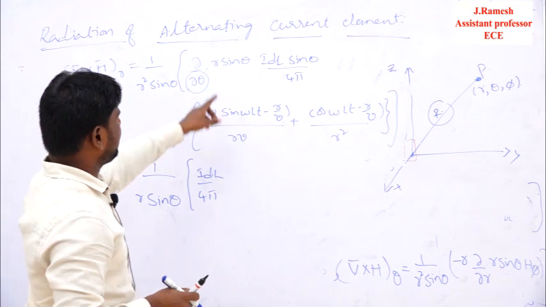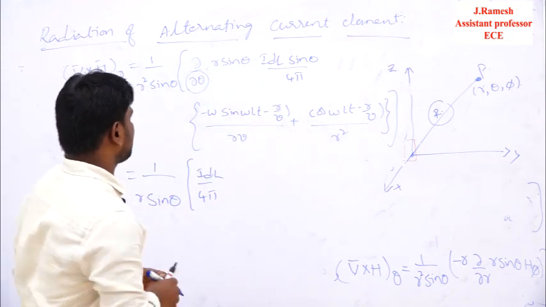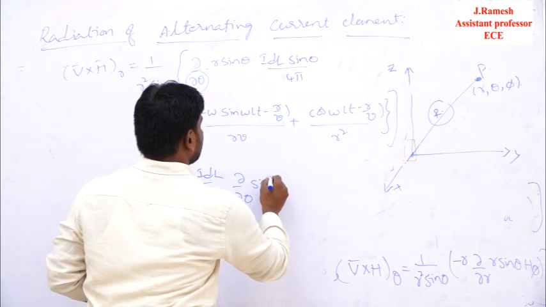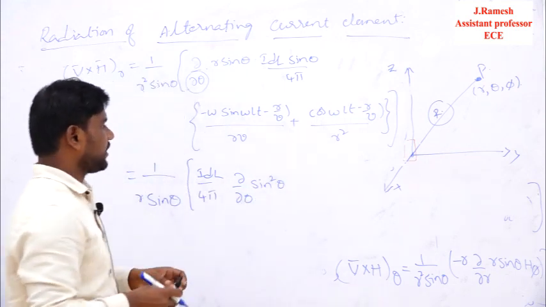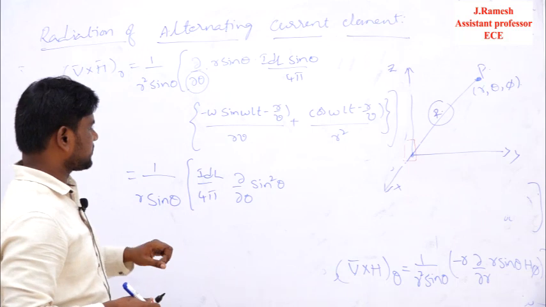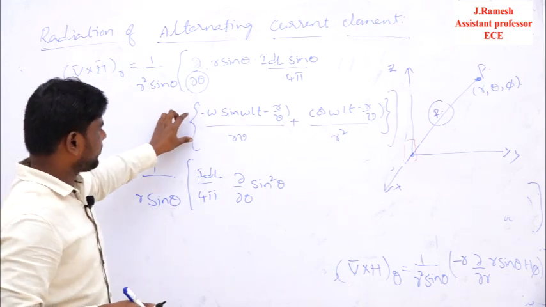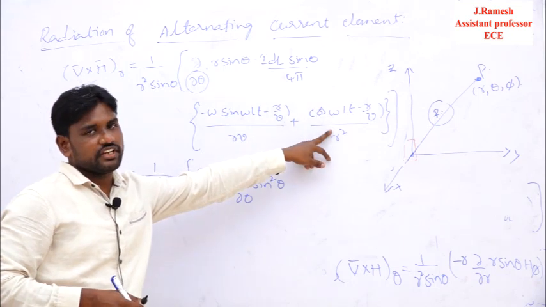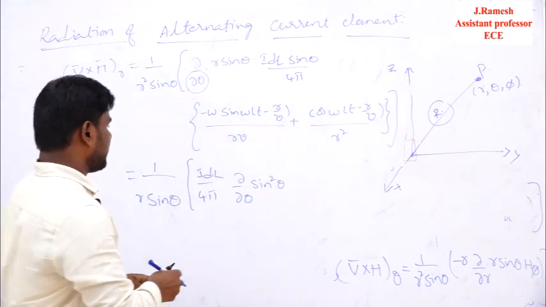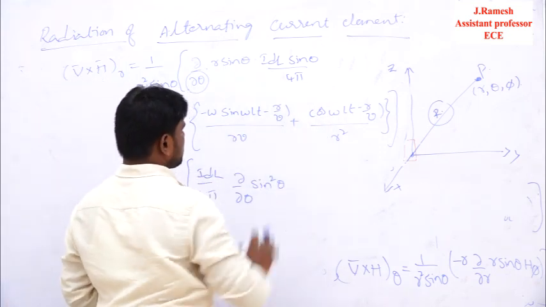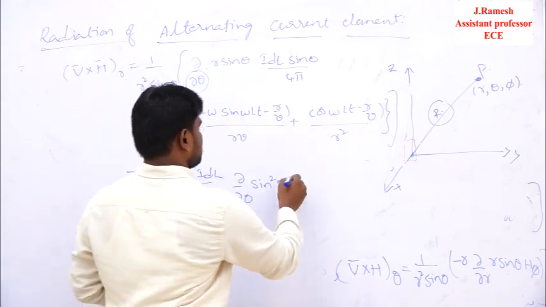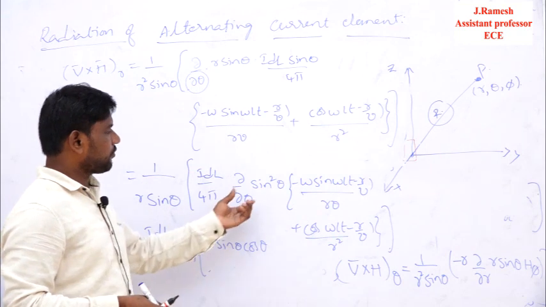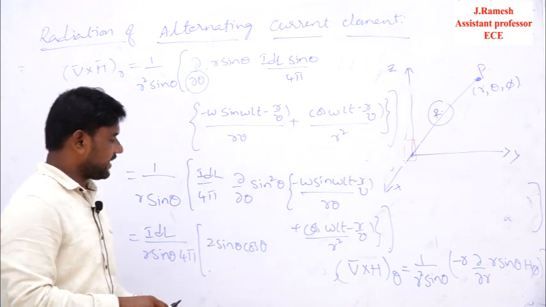So now sin into sin square theta, so dou by dou theta into sin square theta. It should be multiplied with the remaining two terms. If you observe the remaining two terms, here there is no theta component and here also there is no theta component. So both these terms I can take as constants, simply putting them this side. Now I am going to write the complete expression at a time.